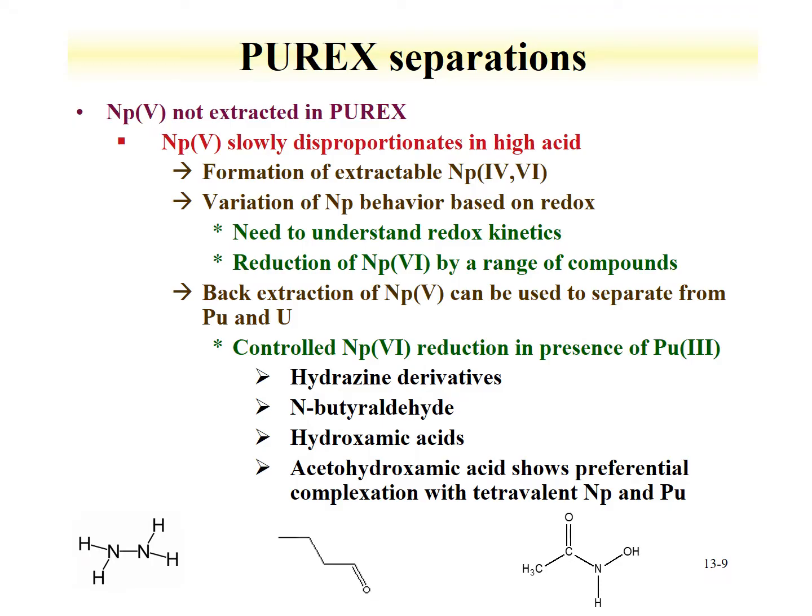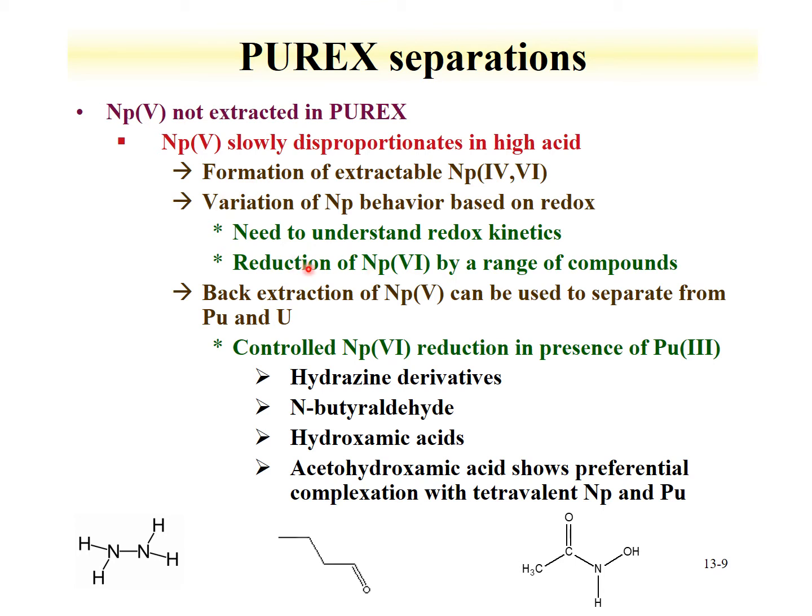We've already discussed the importance of neptunium redox speciation in the PUREX separation. Again, neptunium-5 is not extracted. However, we've also discussed that neptunium-5 can disproportionate in high acid, one of the conditions of the PUREX process, where it can form extractable neptunium-4 and neptunium-6 species. Studies have been performed to understand this redox behavior,